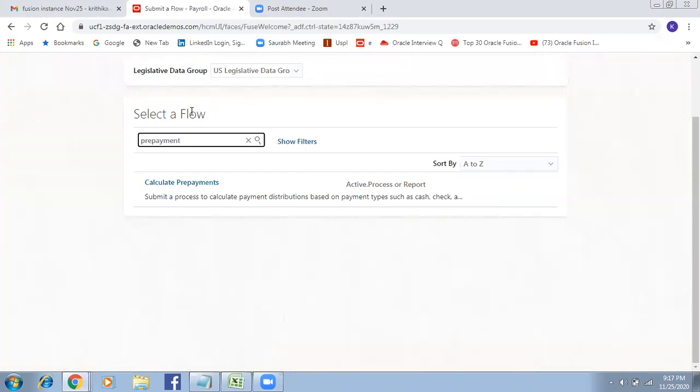Prepayments. What is the third step in your flow? Third step is EFT. EFT or check payment. Okay, EFT payments. Let me update this also. EFT payments, otherwise there is confusion.